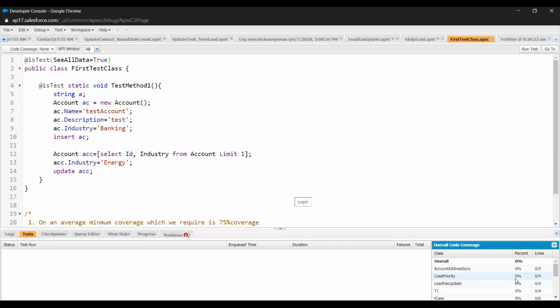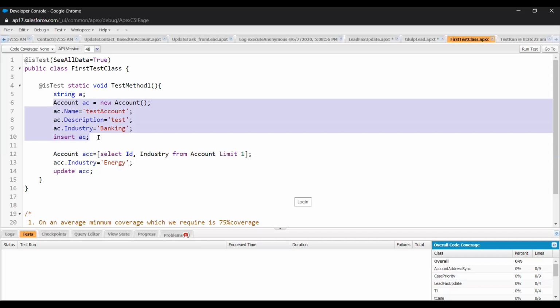Because seeAllData true means that you are accessing all the data of your org in the test class. So if you are writing seeAllData equals true and you are also creating data inside your test class, then there is no use of the data which you have created, because you are accessing the data of the org. Okay. Right. Now, it is always recommended to write